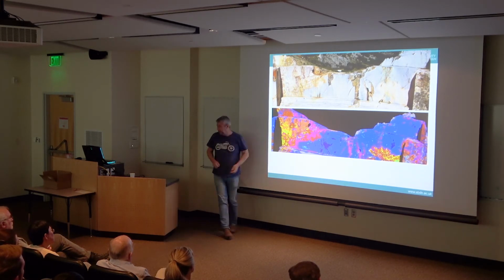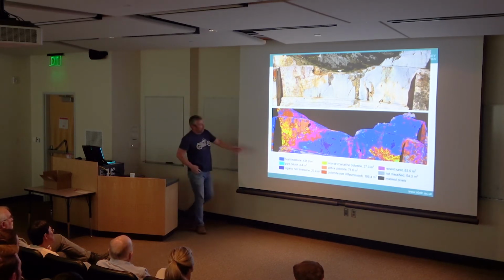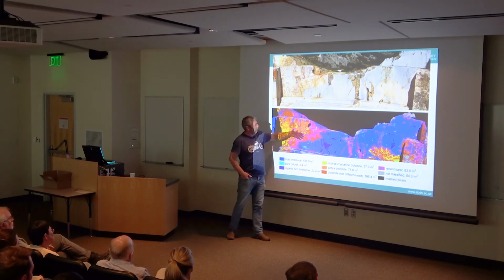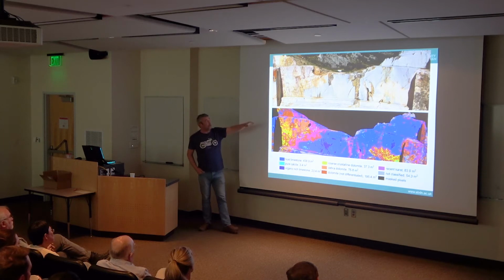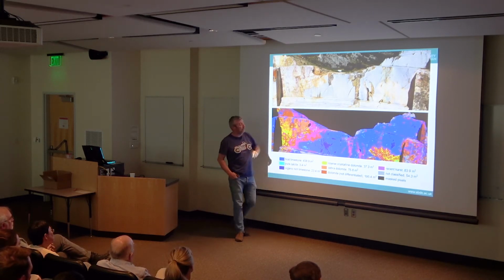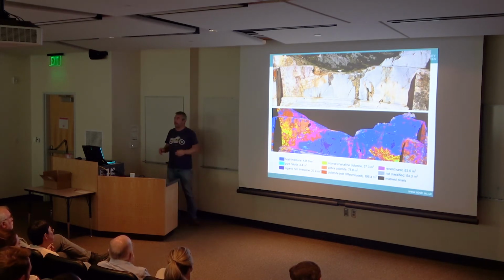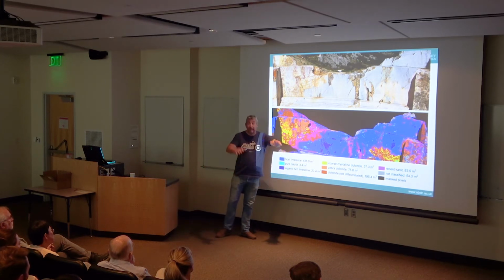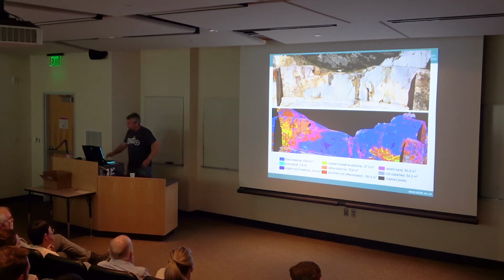This is a classified image of that outcrop. And this is showing, I think there's a key to go with it, about 3 or 4 different types of limestone in various shades of blue, and then various different types of dolomite in the warmer colors. And we're actually able to see more in here than you can actually see in there, to differentiate different types of limestone. And also the best thing is you can quantify it. So you can actually press a button and it will tell you what area or what percentage of the outcrop is made of what particular type of mineral.